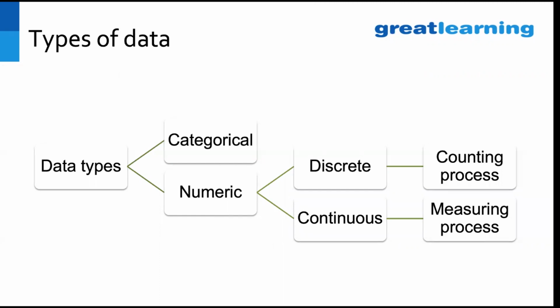So now we'll jump onto numeric data. What does numeric data tell us? What kind of data is there in numeric data? Two types we are seeing here, discrete and continuous. What is the difference? Continuous is changing with respect to time. Discrete is a whole value. There are no parts or anything in that particular process.